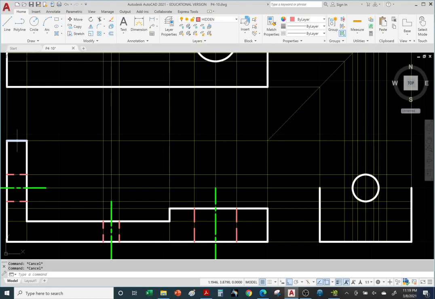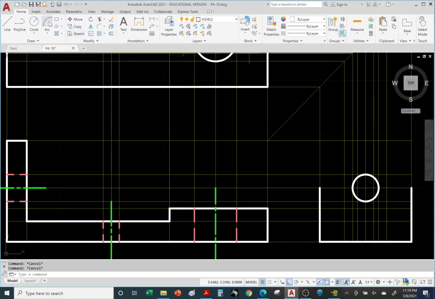The arc is the height of the front view, right? So here's the arc, and this is the height. Okay, we hit escape. Okay, so let's go over to the visible layer, and we're going to use the arc